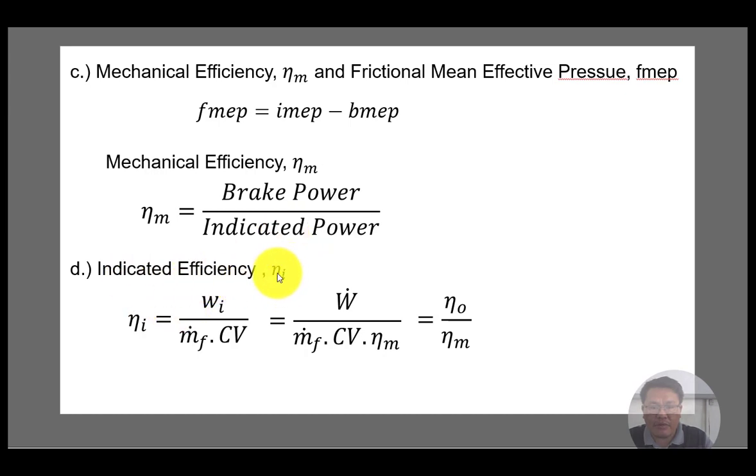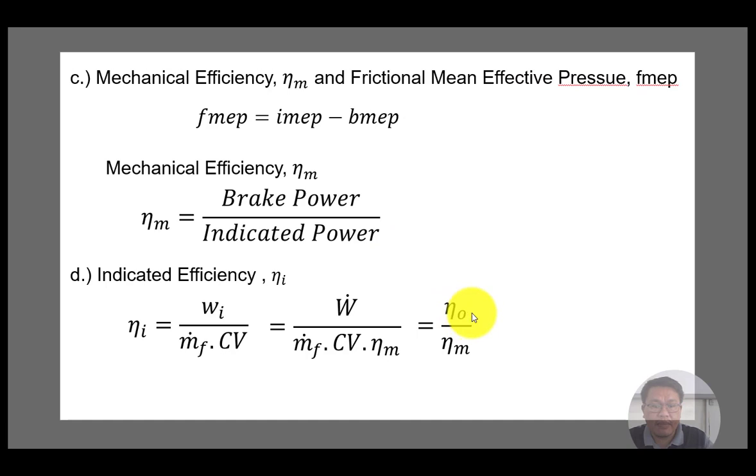Now indicated efficiency is equal to Wi, so that will be the indicated work divided by the mass flow rate of your fuel times the calorific value of the fuel. So this is also equal to the work divided by the mass flow rate of your fuel multiplied by the calorific value and the mechanical efficiency. And also this can be equal to the overall efficiency divided by the mechanical efficiency. So we have here the variants of the equation that can be used in order to get the indicated efficiency of the